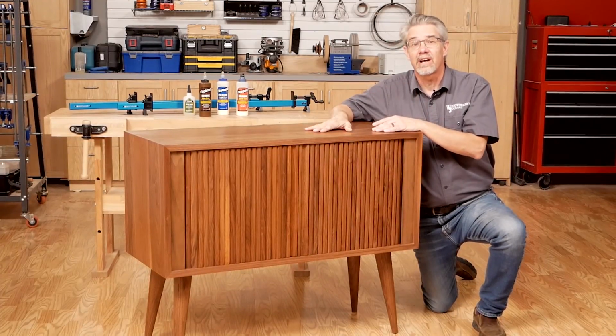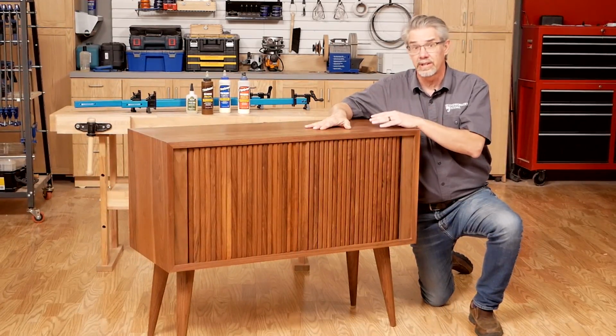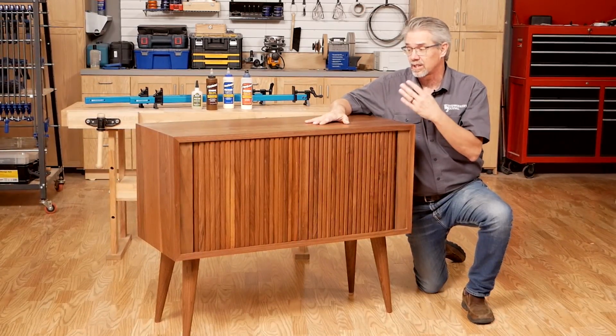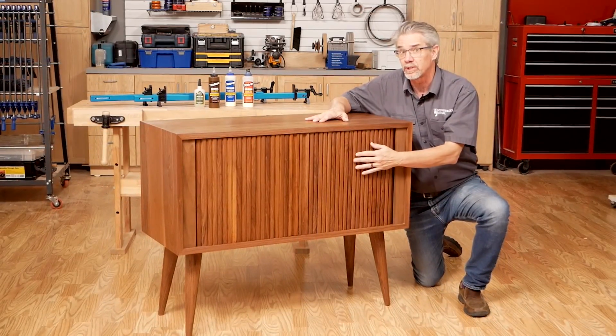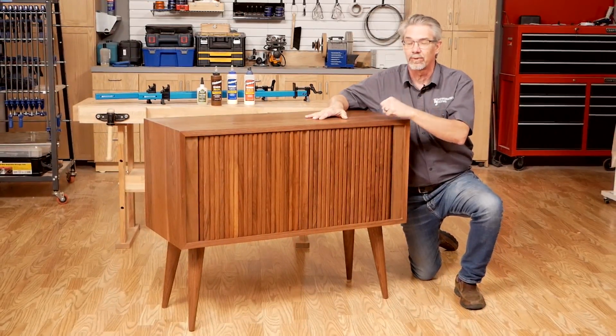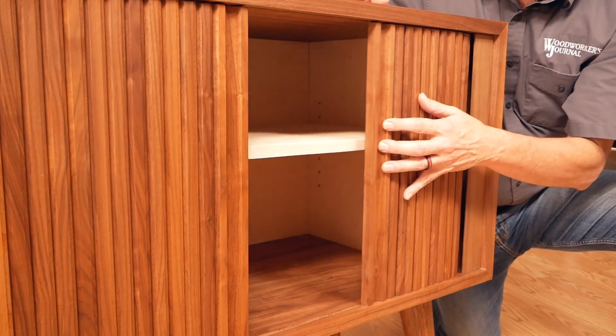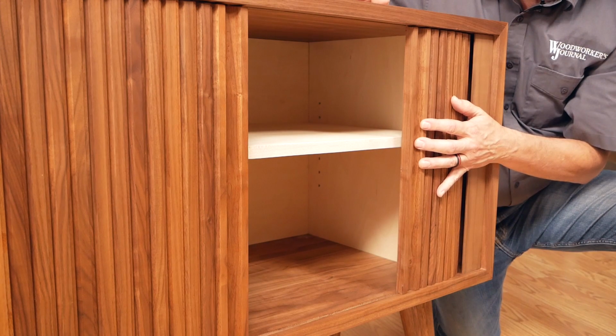The aesthetics and style of mid-century furniture has stood the test of time. In fact, it's enjoying a bit of a resurgence of late. As someone who was born in 1955, I'm hoping some of that mid-century popularity is going to rub off on me. This walnut console with sliding tambour doors may look like it was born about the same time I was,